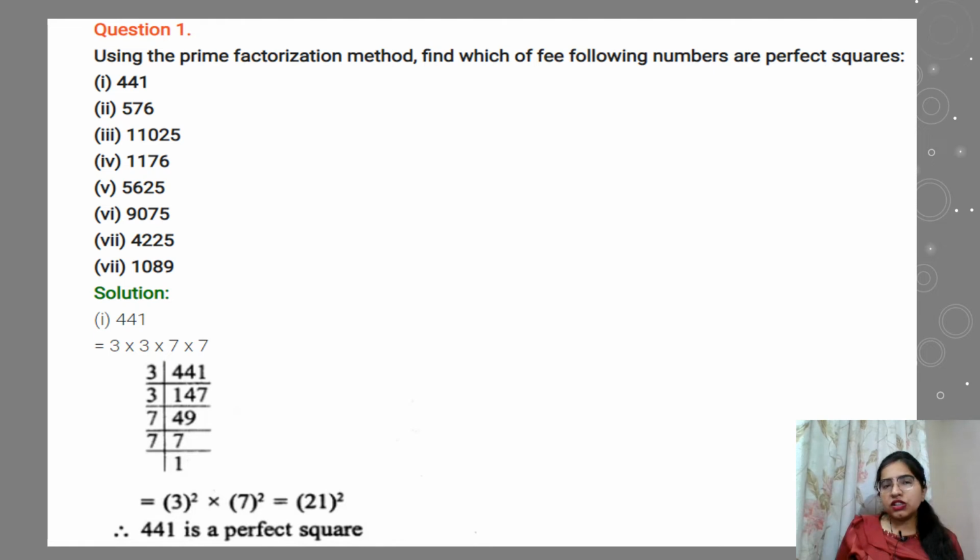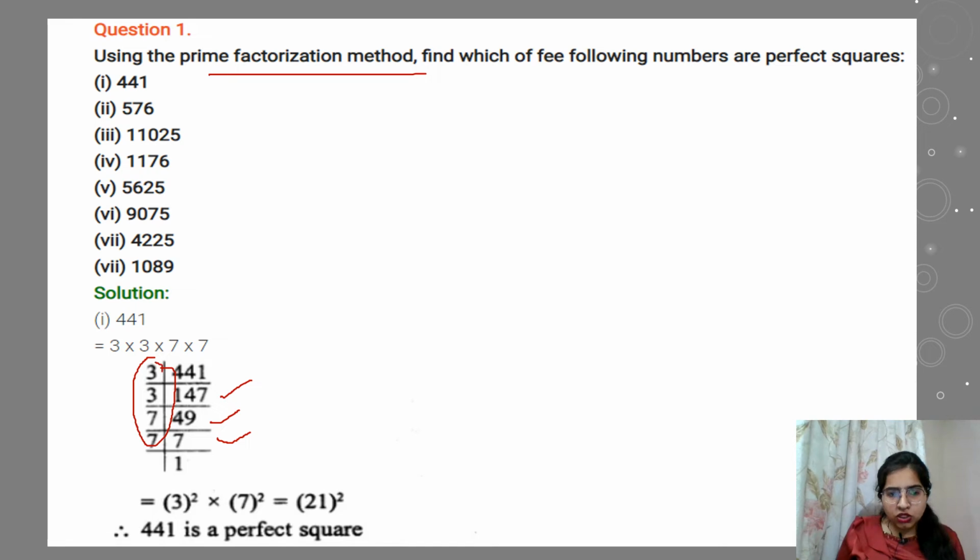What you have to do, students, you have to do prime factorization of 441. You know very well how to do. 441 will go on table of 3. 3 at the table of 3, it will go at 147. 147 will also go at the table of 3 only at 49, right? 7 sevens are 49. So these are the factors, 3 into 3 into 7 into 7.